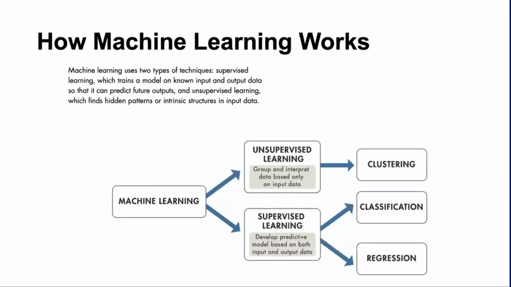Now, under supervised learning, there are two main learning algorithms. So we have regression. I think you're also very familiar with this one, the regression that was taught to us during our statistics and probability course in high school or maybe during our undergraduate years, that is actually a machine learning model or algorithm. The simplest linear regression is actually a machine learning algorithm. Of course, aside from linear regression, we have logistic regression.